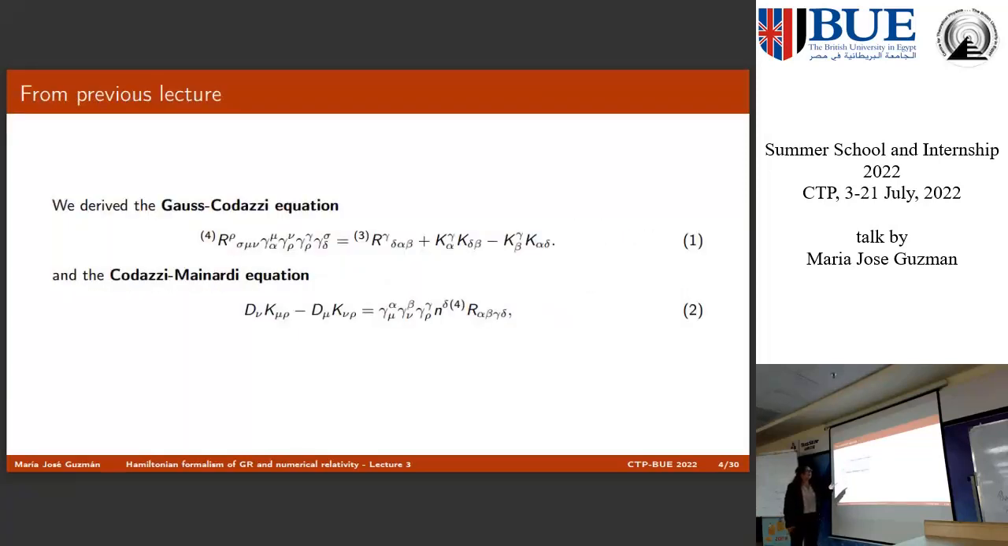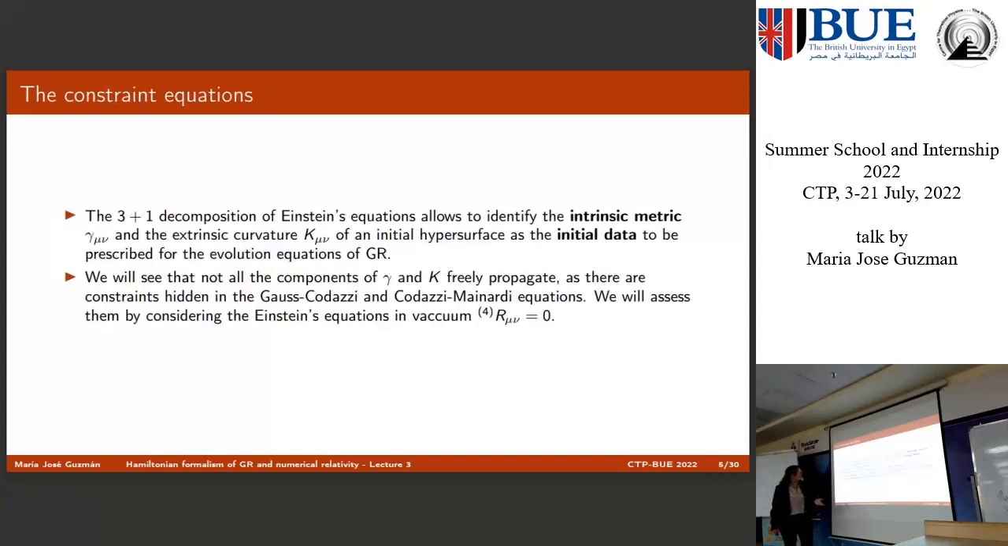So probably for deriving these constraints, it's very useful to have these equations in this form, but some people do not like this form of the equations. But for deriving the constraints, it's easier if you know how to apply the mathematics of these projectors. And we will derive these constraints of general relativity when considering Einstein's equations in vacuum. So, as you have seen here,